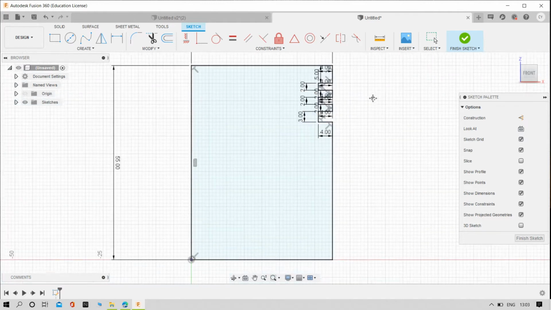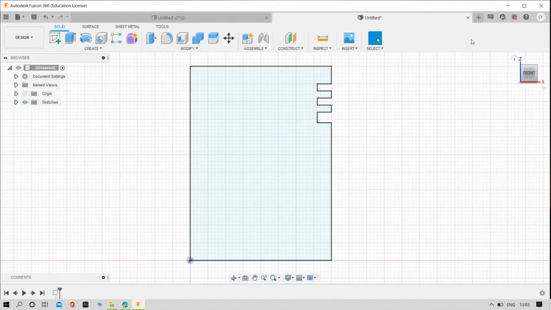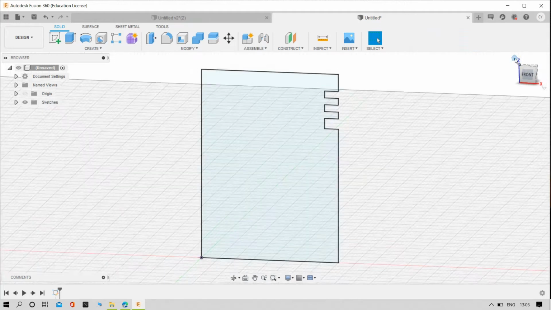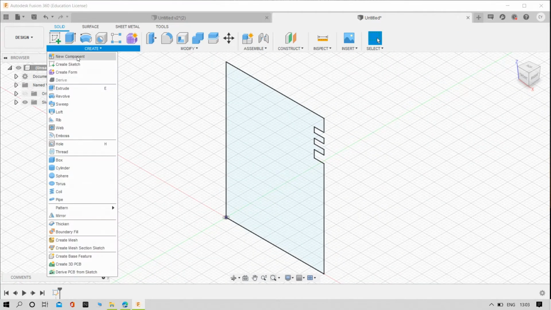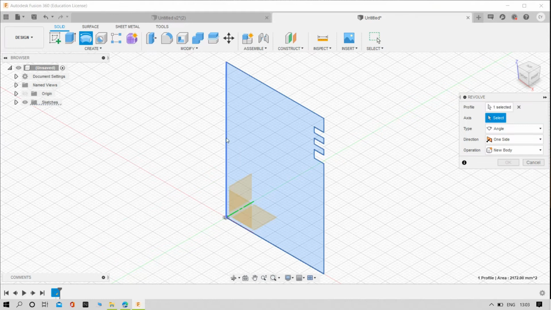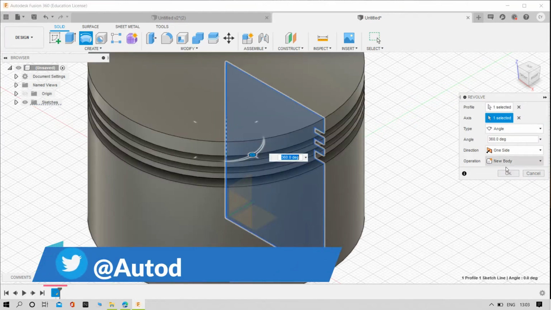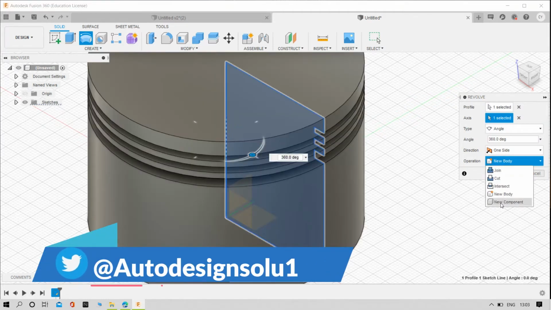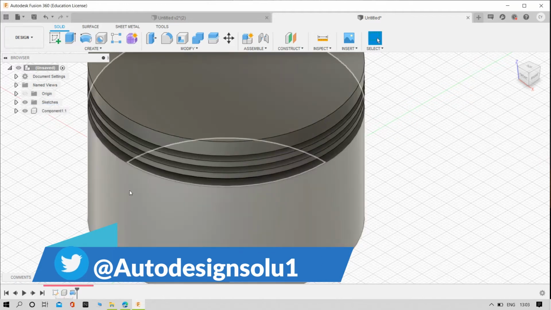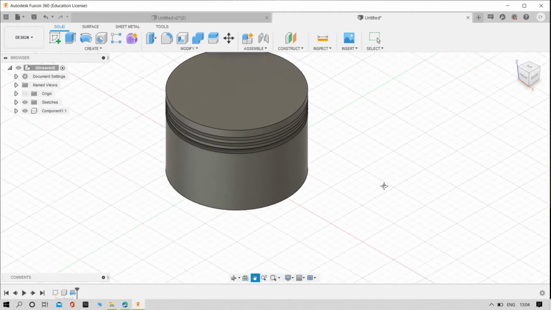And then try to exit from workbench, click on home button, then try to select the revolve feature and then try to select the axis. Yes, but one thing here we need to put as a new component. Click OK